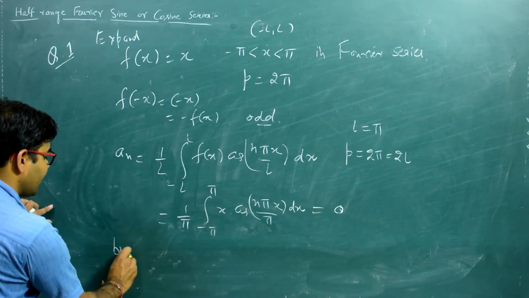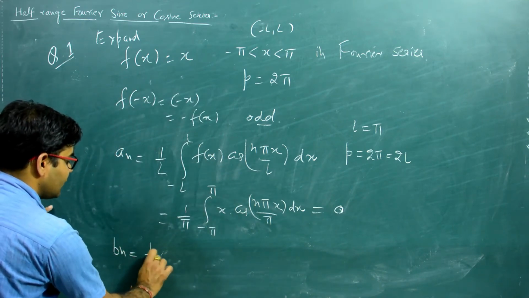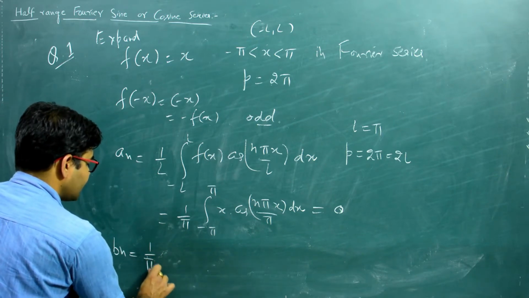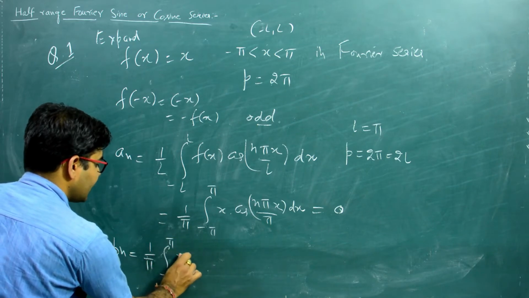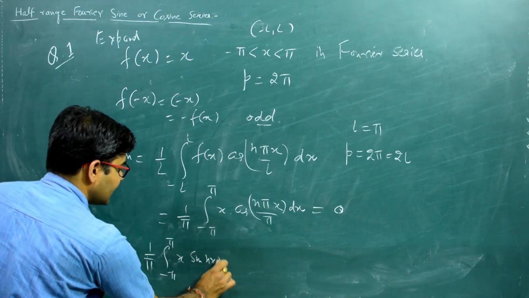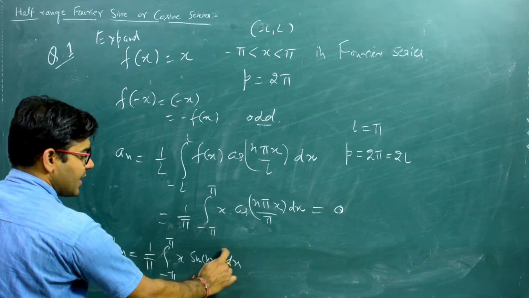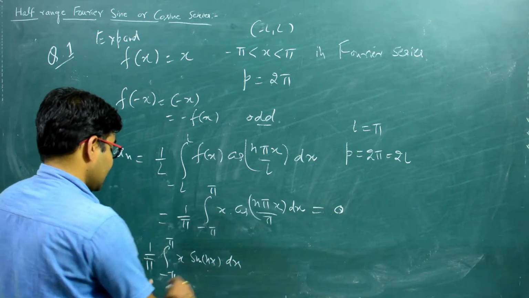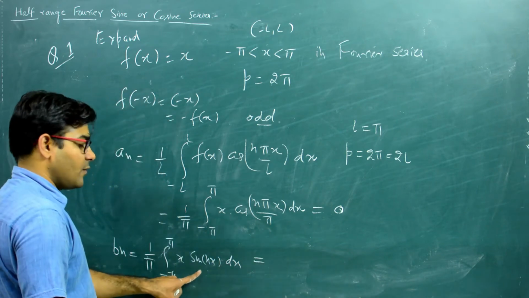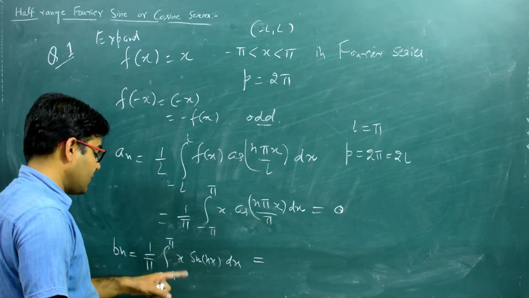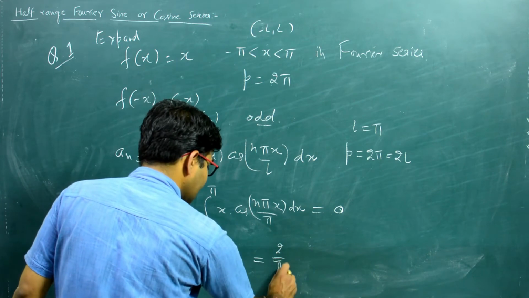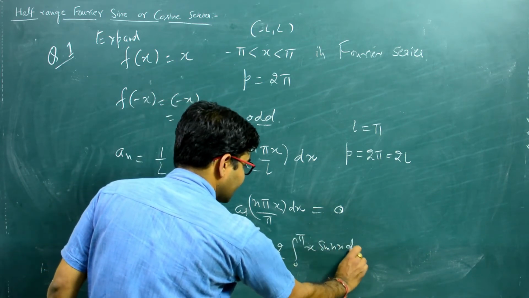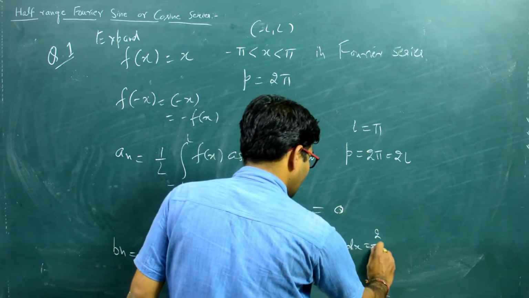In case of b_n, however, what we see is that it is 1 over L, 1 over L is 1 over pi now, so integral from minus pi to pi again x sine nx dx, sine(n pi x by L), L is pi, so I've simply written it down as sine nx. So if I again see, this is an odd function, this is an odd function, product of these two will be an even function, so I can write down that 2 over pi integral from 0 to pi x sine nx dx,